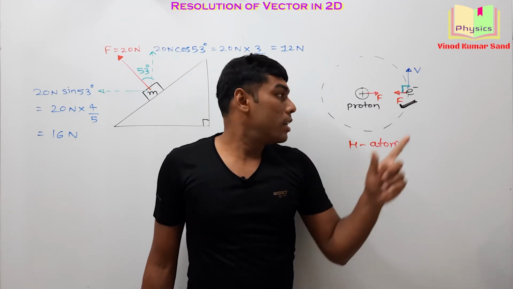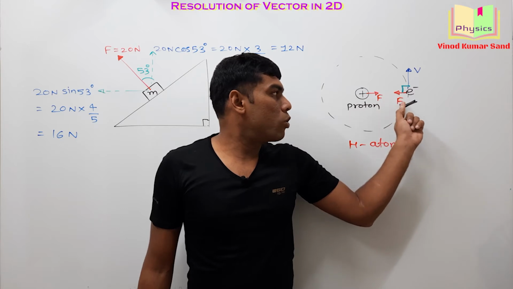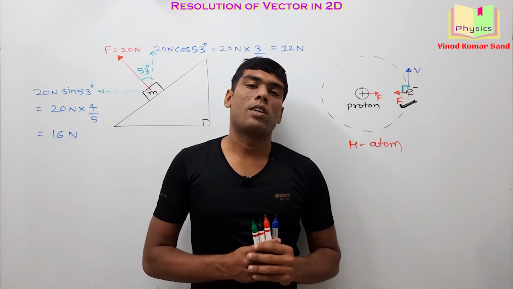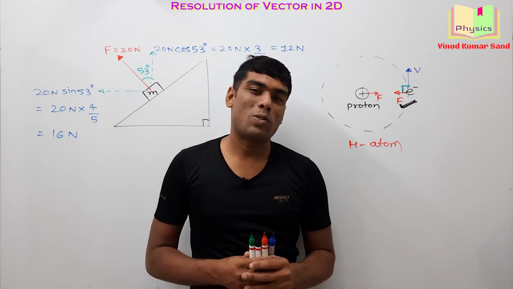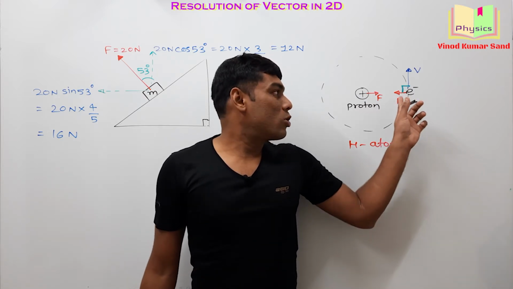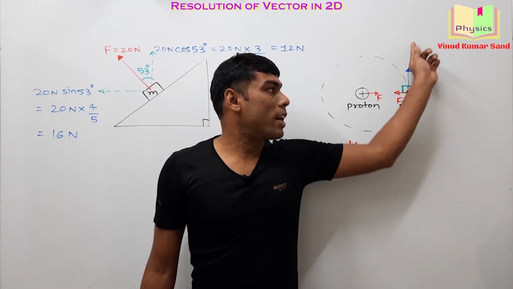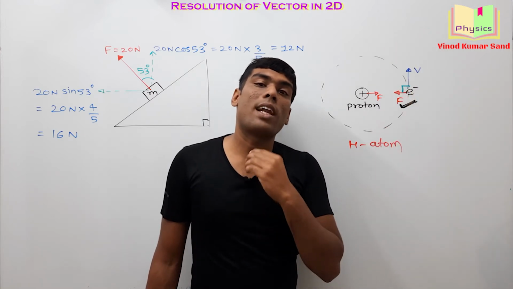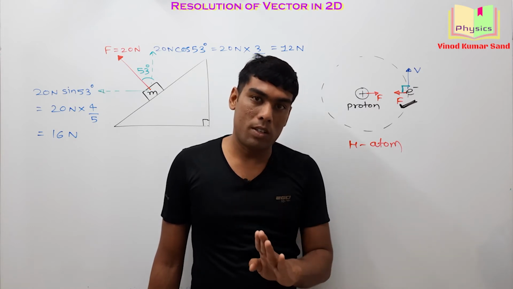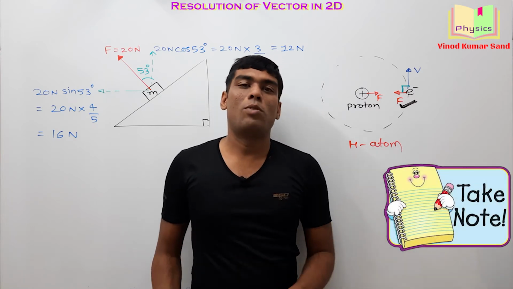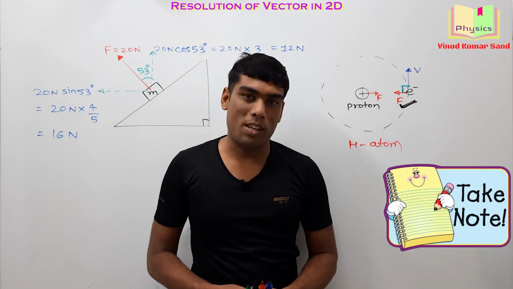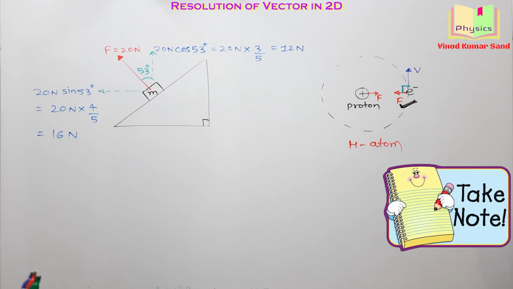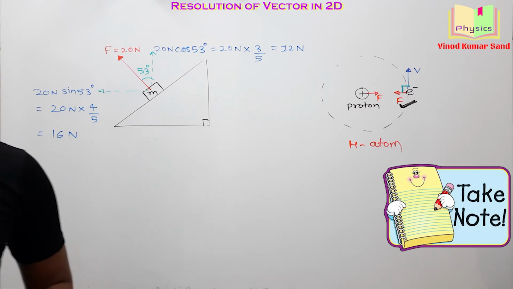Getting it? If I ask you, can this force change this speed? What should be your answer? Think logically and then try to answer. Actually, this force has no effect along this direction. It means this force cannot change the speed. Pretty important thing. We'll be using it extensively in physics. Note down these things. Then I'll be taking up a few numerical questions.